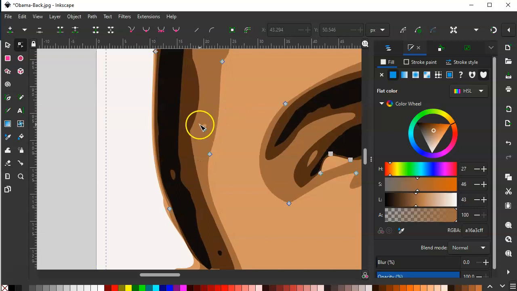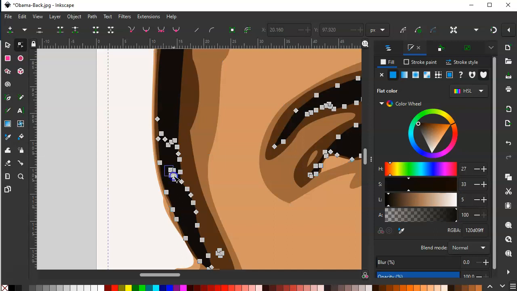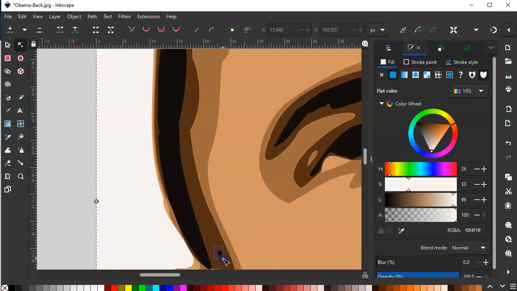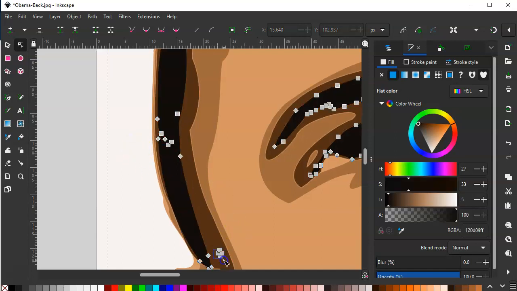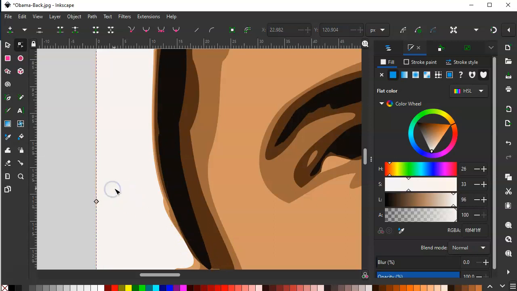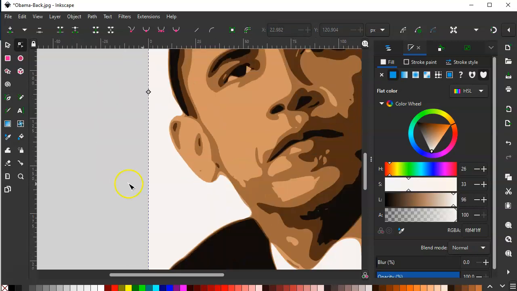And again, you're just going to select these extra ones and delete them. Let's just delete all these there, just to smooth out the hair like that. Okay, get rid of anything that like that. And so anyway,